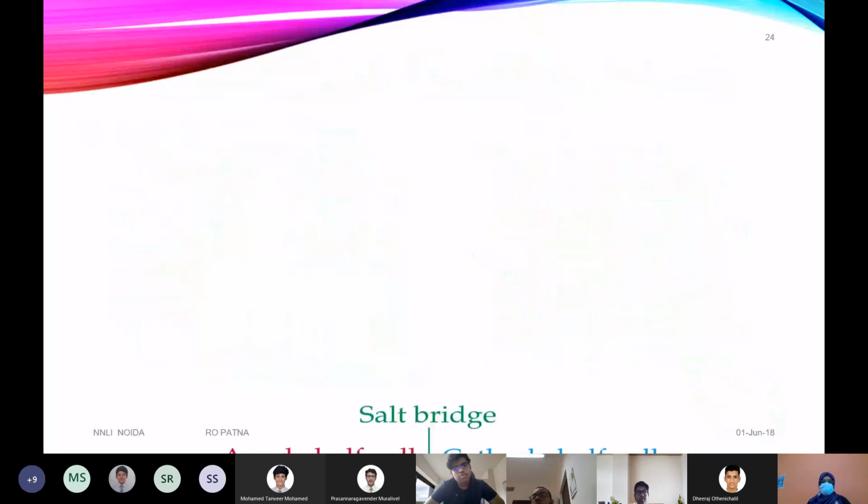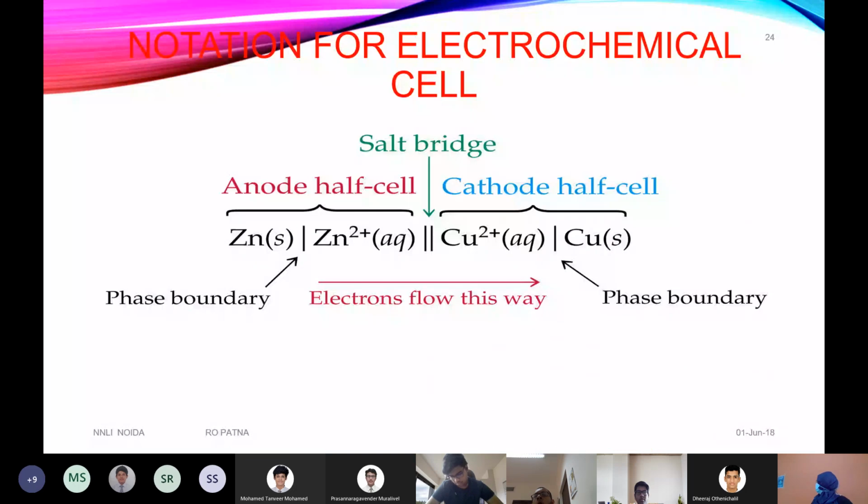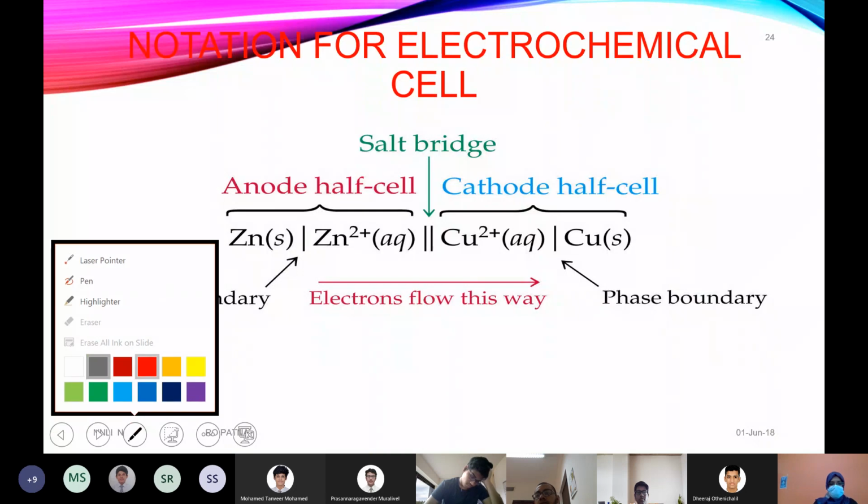So next is the cell notation. Cell notation means, as I said earlier, you have two different half cells connected to make a complete electrochemical cell. Different people can join them in different ways, so there is a normal rule for how you represent an electrochemical cell. Usually the anode is written first, followed by the cathode. You can see over here,